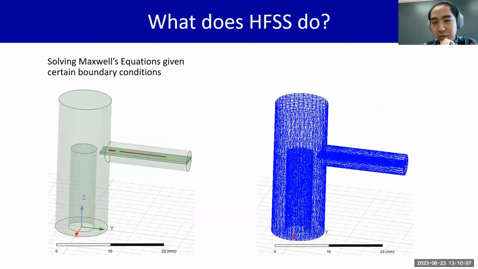So what does HFSS do really? As I just said, it solves Maxwell's equations given certain boundary conditions that we define in the software for the structure. In the finite element method, the whole idea is to divide the whole region into many small and simple shapes called elements. This division is called a mesh, and the E and B fields are approximated within each element from solving difference equations. And the key point is—